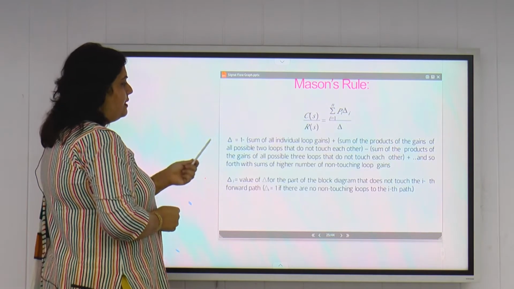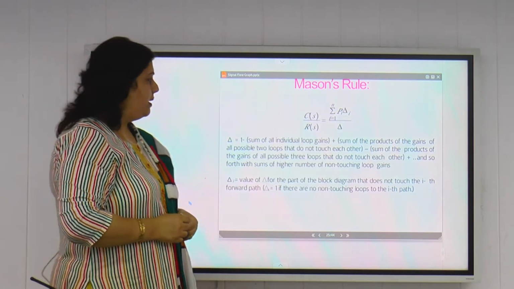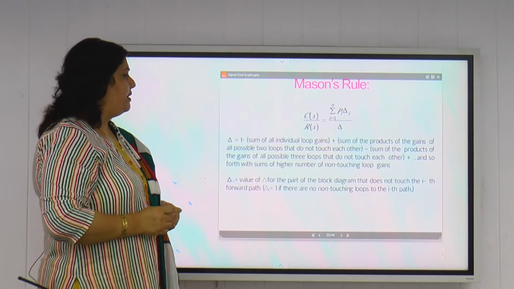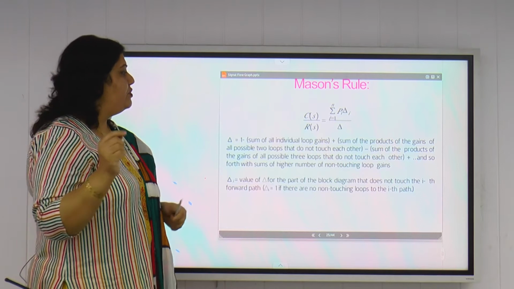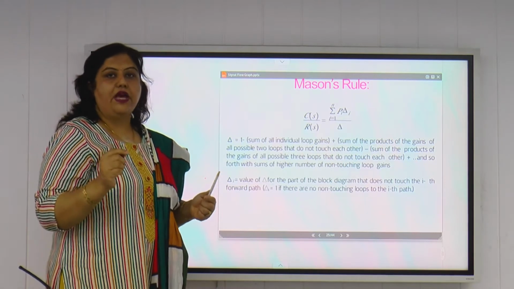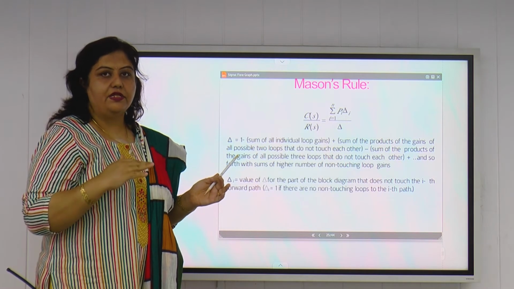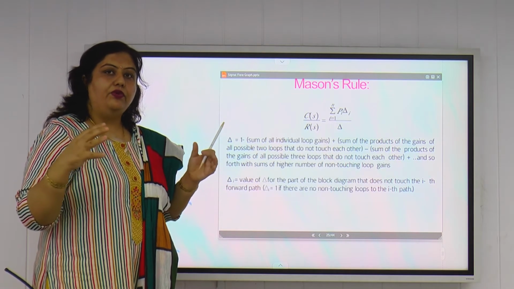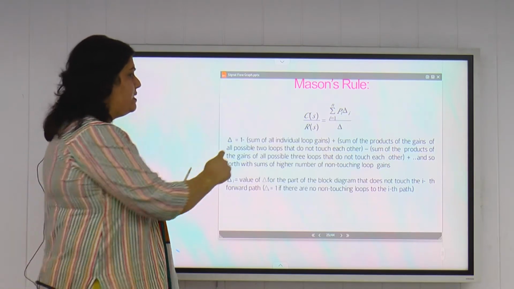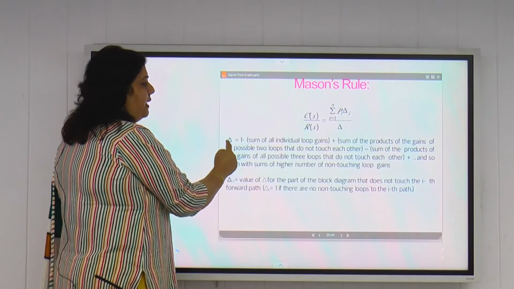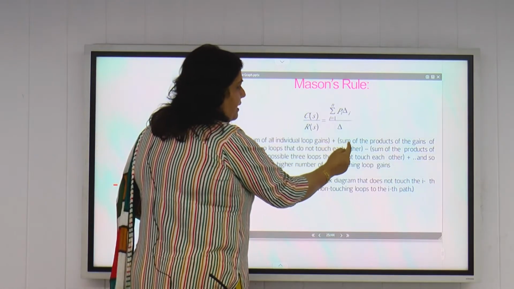So this is delta. First we discussed delta. Delta is the determinant of the control system. And what is delta? Delta can be written as 1 minus the sum of all individual loop gains. First we have to identify the loops, then we find out the loop gains, as we have already discussed in the previous examples. Then we have to take the algebraic sum of all the loop gains in this first bracket. So the first bracket in delta will be the sum of all individual loop gains, plus the next bracket is the sum